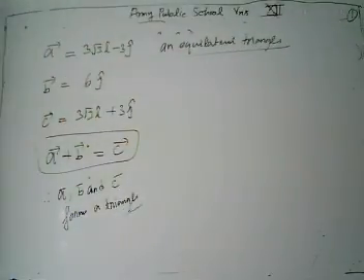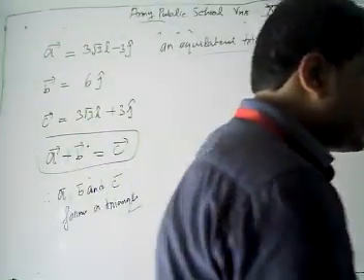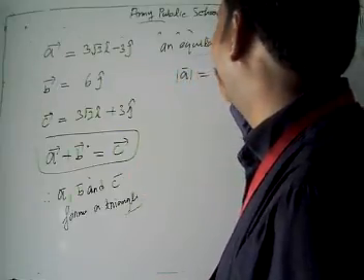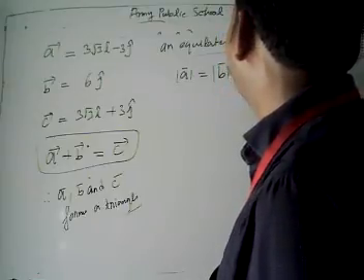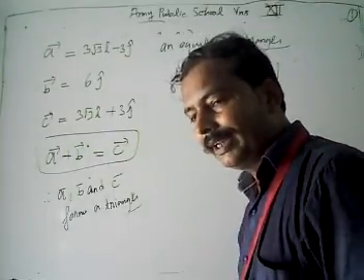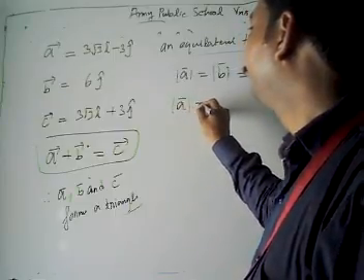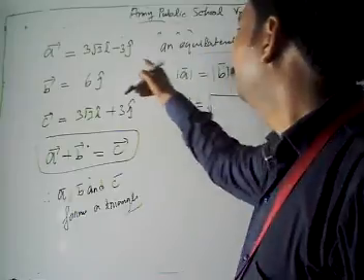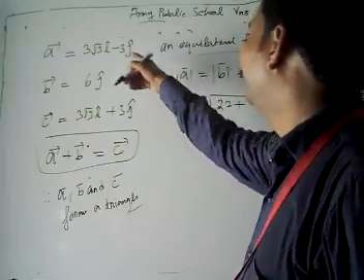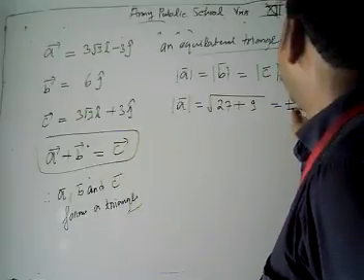Now it has formed a triangle. Then we have to show that it forms an equilateral triangle. How can we show that? If we are able to show that magnitude of A, magnitude of B is equal to magnitude of C, that is, the magnitudes of all these vectors are equal, then it forms an equilateral triangle. Then we find the magnitude of A. What we get here? 3 root 3 whole square is 27, plus minus 3 square is 9, means 36. Then the mod of A is plus minus 6.